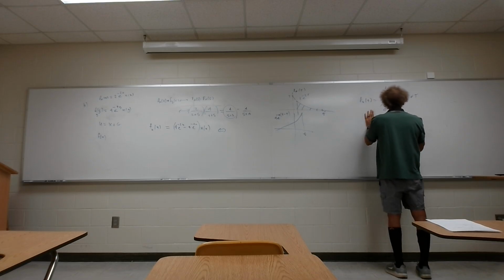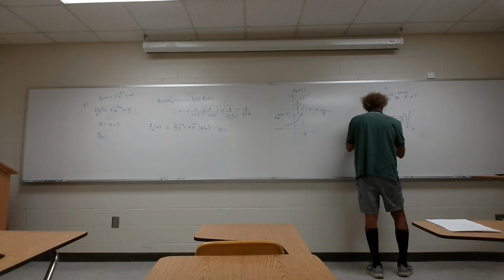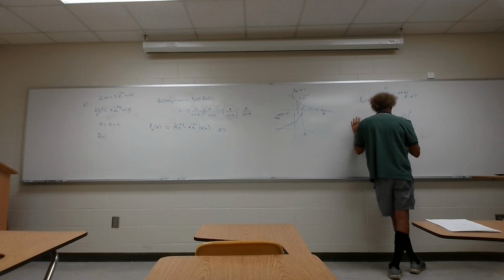Then I get e to the 2 tau evaluated from 0 to t, and that's going to be 4e to the minus 4t. And here you're going to have divided by,